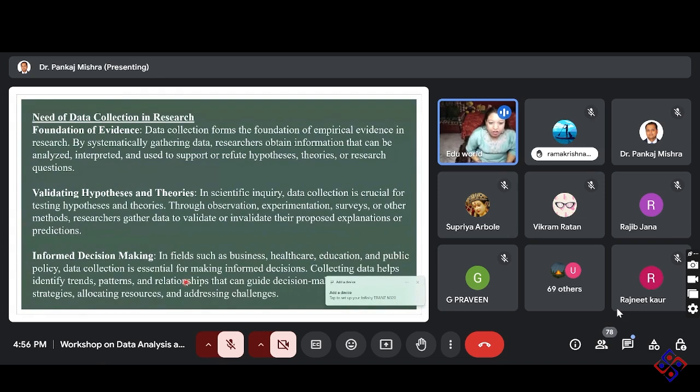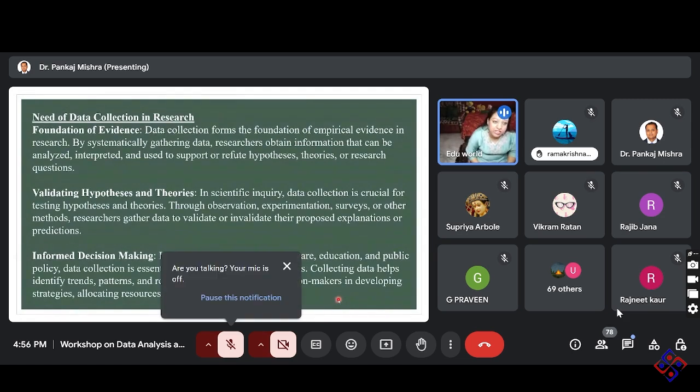We get this data from articles, from theses, and even from encyclopedias. Okay, so these are the various sources from where we generally obtain the data. Even for the quantitative one, through observation, through deductive reasoning, through inductive reasoning, we can generate the data. When we are doing a quantitative study, we generally generate data through our observation, through our experience, as well as from a person who is much more experienced. So from those persons also we can generate data.